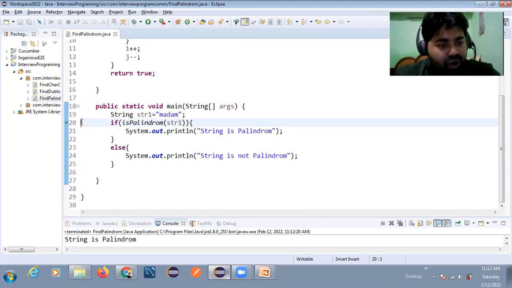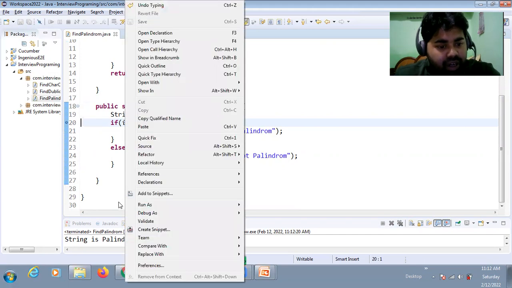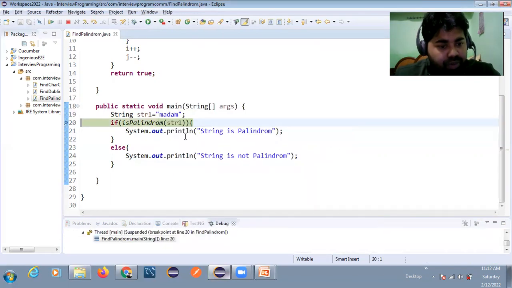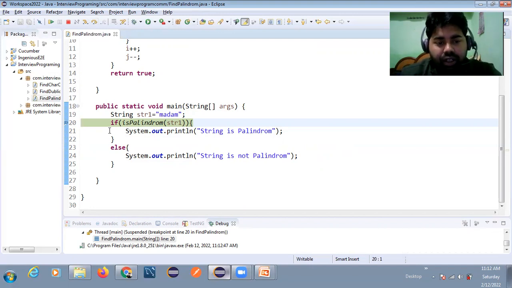I have put in the debug point, and we can run in debug mode. When you run in debug mode, we have the controls step into and step over. In Java execution flow, when you execute your code, control comes inside the main method.